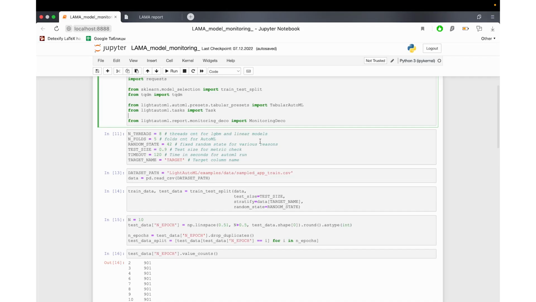In this practice part, we will have a look at how to automatically build monitoring for our model. We will use the MonitoringDeco class from LightAutoML. We start with